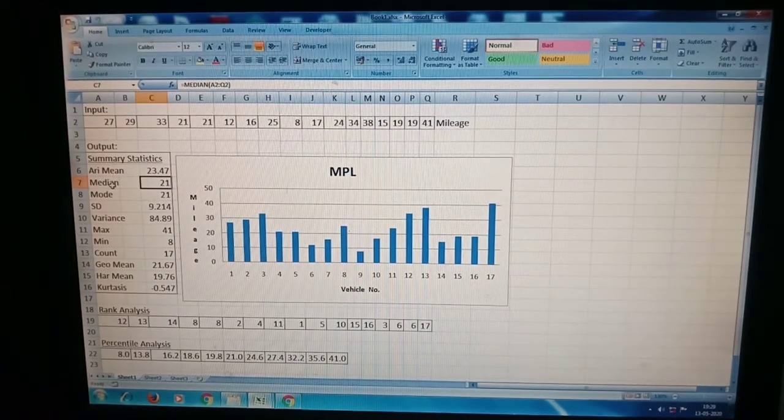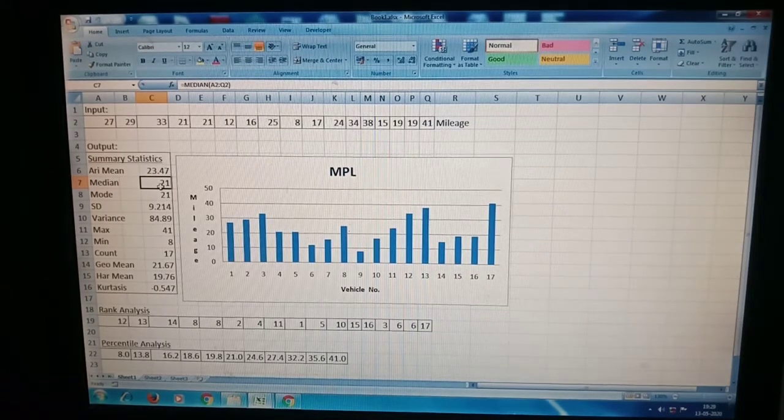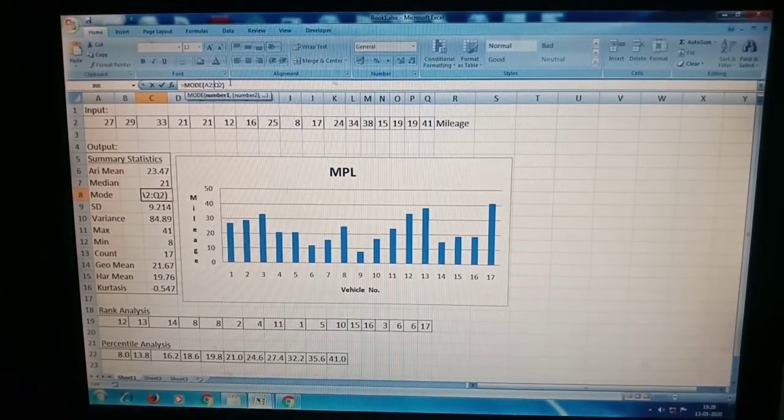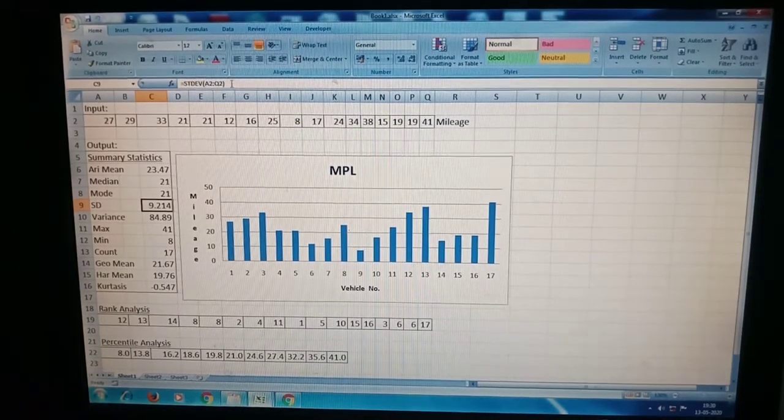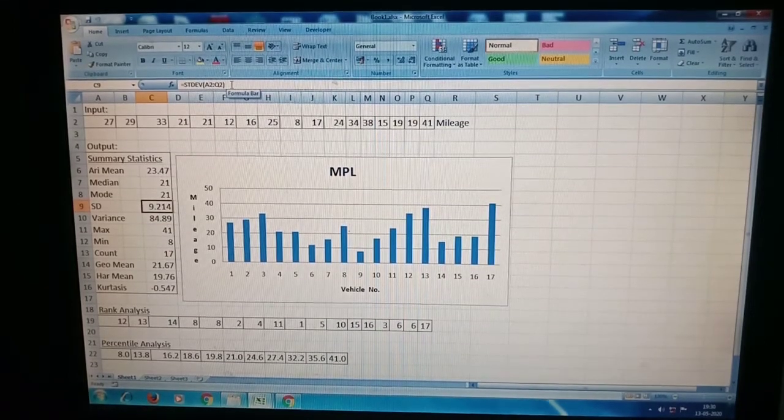Next, median. For median, we are using the function MEDIAN(A2:Q2). The median of the range of values will appear here. Next, mode. For that we are using the function MODE. You can see here, this is the mode. Similarly, standard deviation. For that we are using the function STDEV.